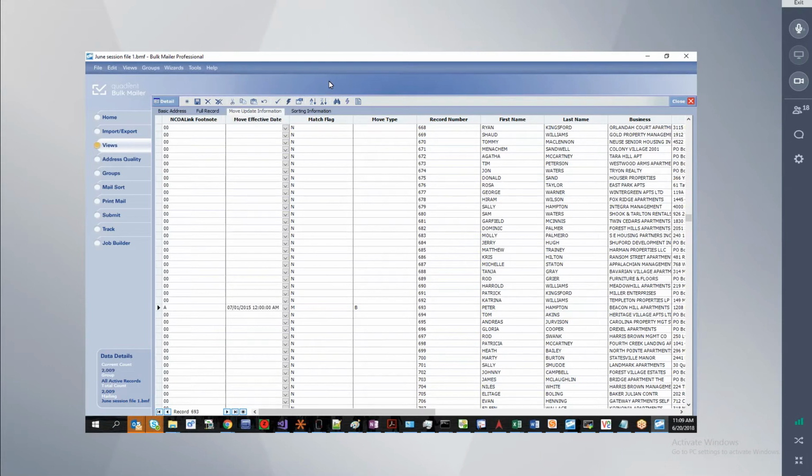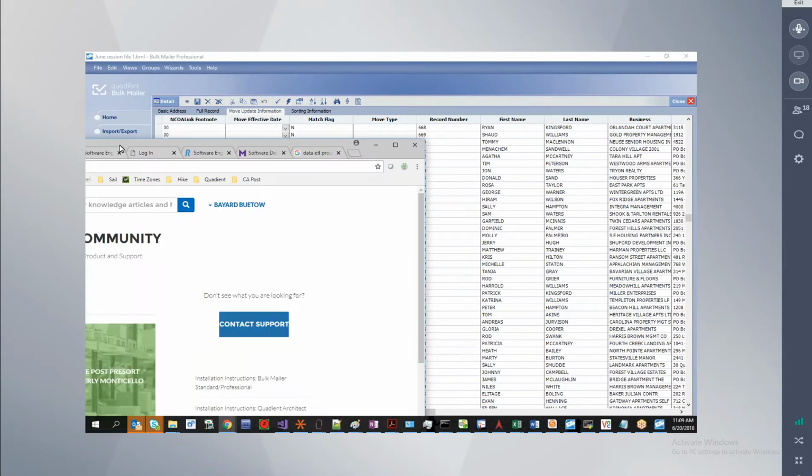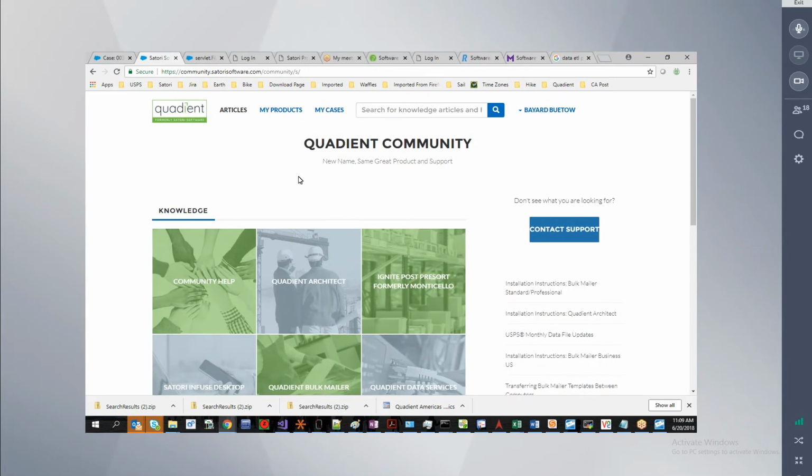While we're on the subject of looking up additional help, let's take a quick look at the Quadient community. Now, as part of your bulk mailer subscription, you get access to our customer portal. It's called the Quadient community. If you go to My Products, you'll see all of your registration keys, and it'll have links to where you can download them. If you go to My Cases, anytime you have a question or you call in, we make